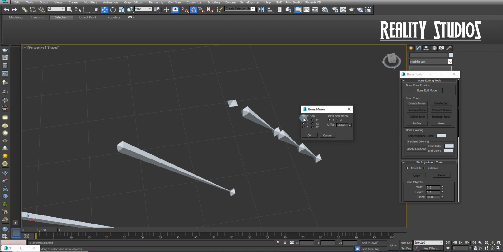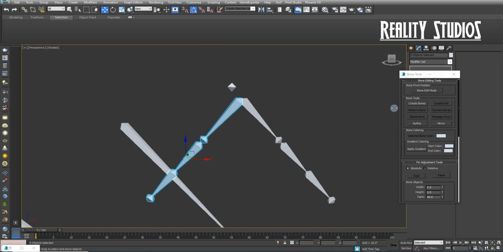Here's the X, the Y, and the Z. Okay, let me make the 0. Because if I do this, the good thing about mirror tools is that if I choose this bone, we mirrored it on the X-axis, right? What's the position on the X? I can simply copy this